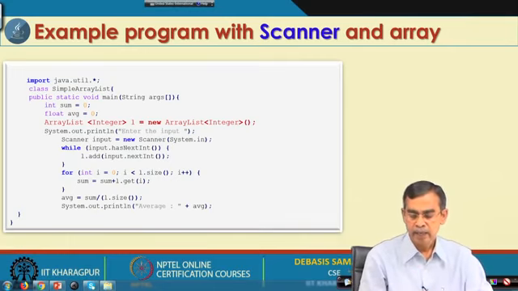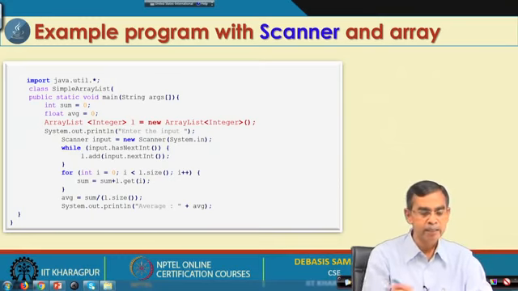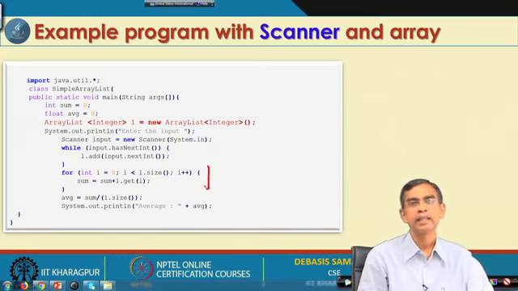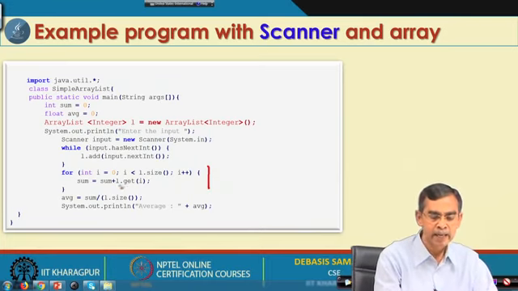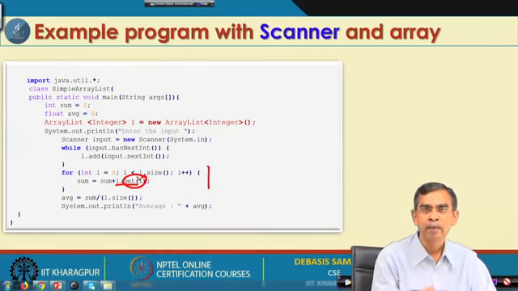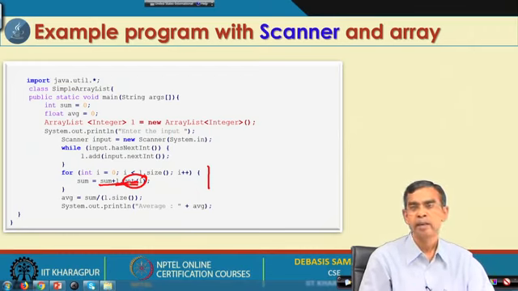In this case we read numbers, and then the same numbers can be processed. For example, here we simply read each number from the array L using the get method, which reads one number from the array at a time, and then find the total of all the array numbers, and this calculates the average.